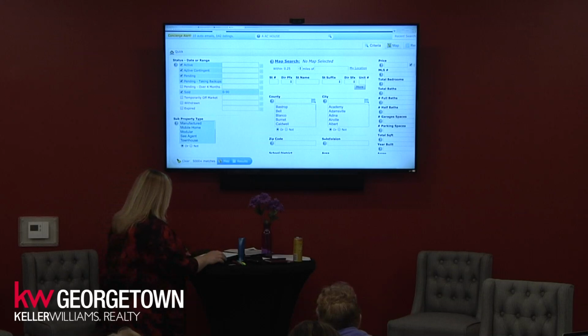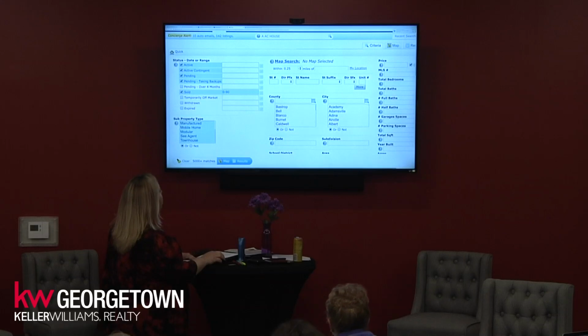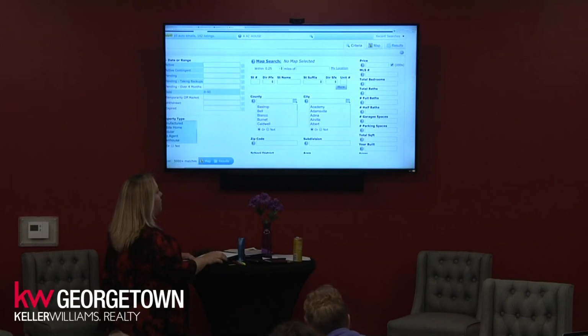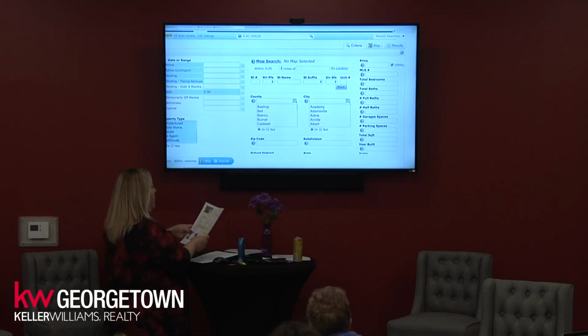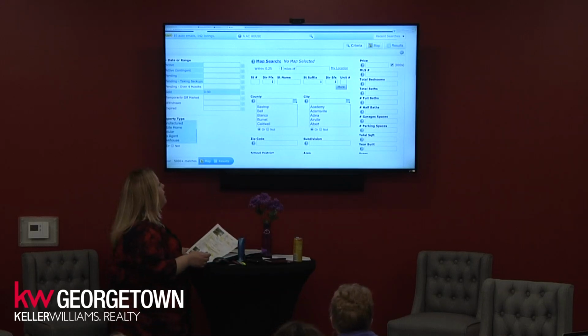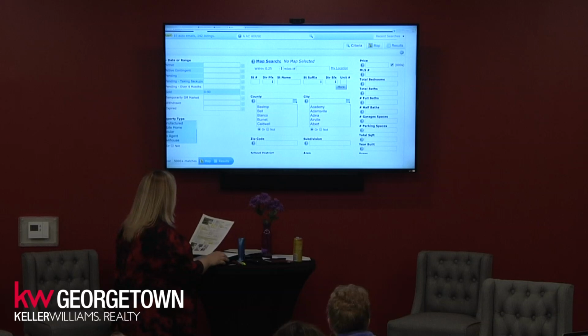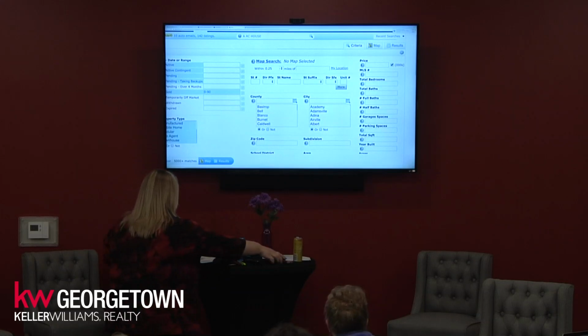Next, we're going to look at the square footage, over here on the right-hand side. This one we said earlier was 2,444 square feet. So we want to go 10% above and